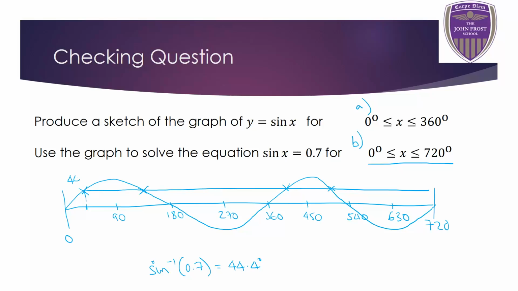So this one's 44.4. This one is 180 minus 44.4, which is 135.6. This one is 360 plus 44.4, so 404.4. This one is 540 minus 44.4,